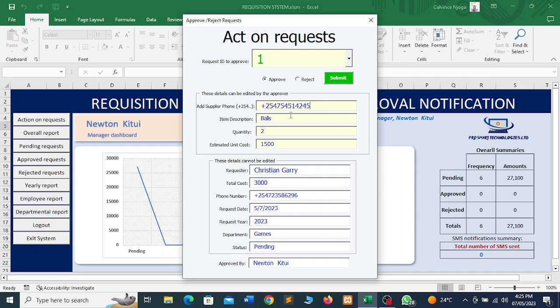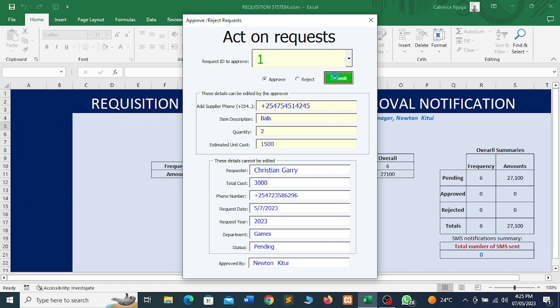It's another phone number we have around here. We are going to check if that supplier is going to get the message telling them to bring those items. Even the requester, the employee, is going to get the message telling them that their request has been approved or rejected. So when I submit like this,